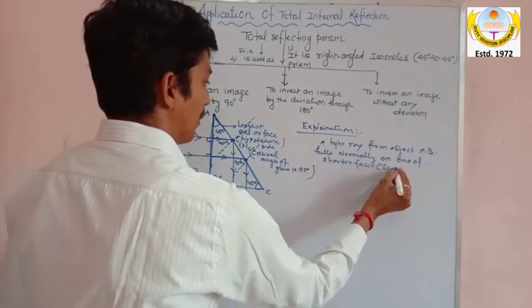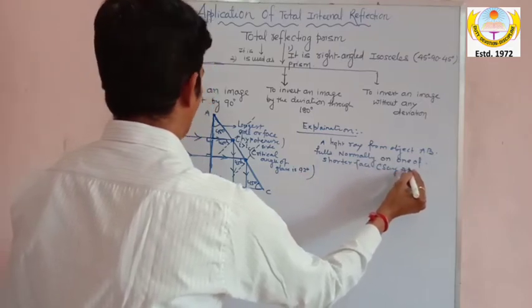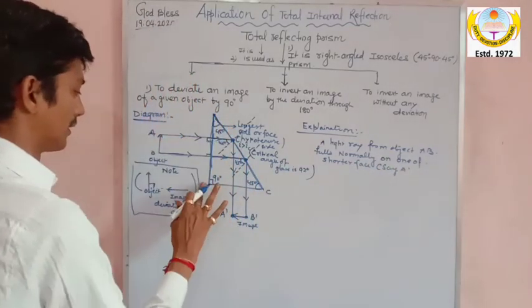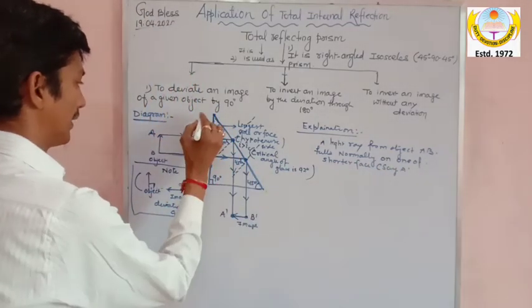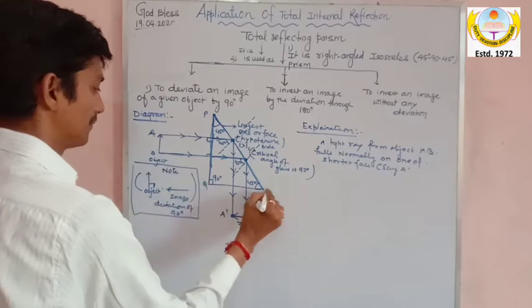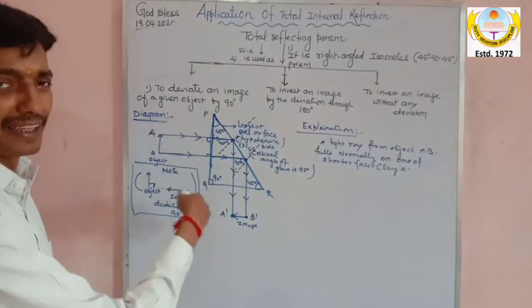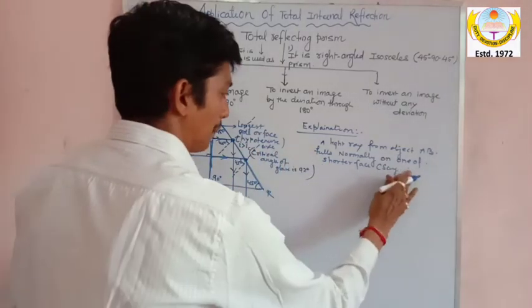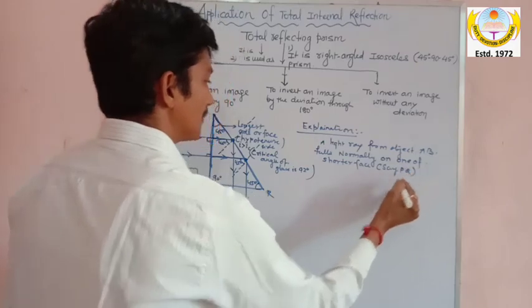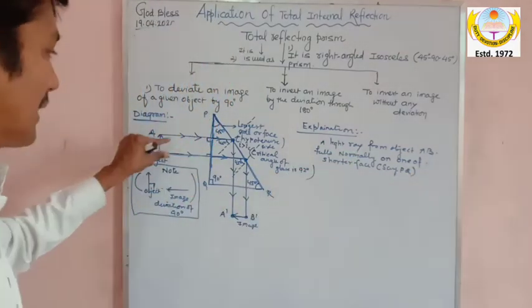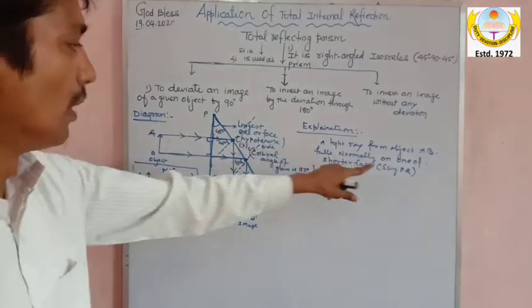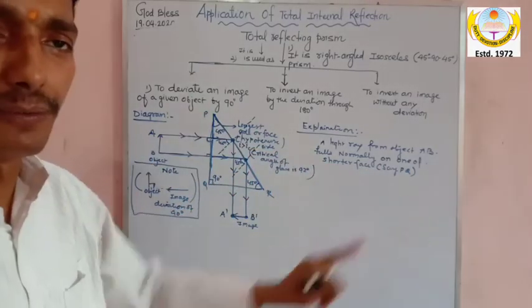Say, what is the name of that face? Sorry, here the object is also the same, so I am removing it out. PQR, because the object triangle prism is also ABC. Say PQ. So simple, a light ray from object AB falls normally on one shorter face, say PQ,